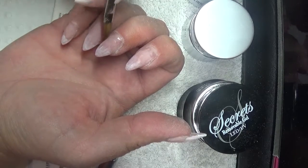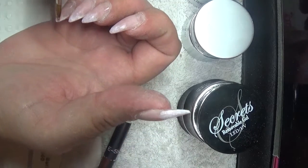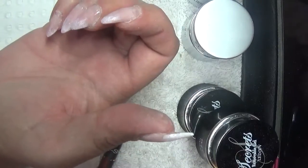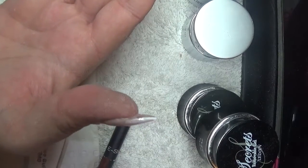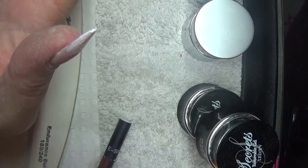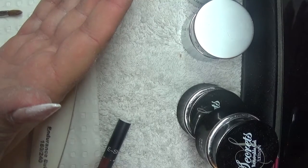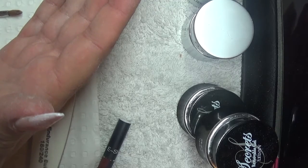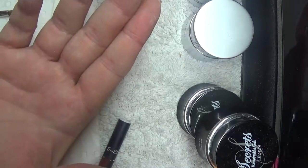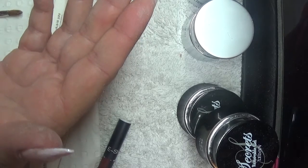And the same here, I'm just going to go and just lightly take off the bulk. Then again, I'm going to grab that little bit there. I'm just going to wipe off the excess. There's a lot of excess. And I'm just going to come around and I'm going to cap the free edge, and I'll clean that up. Cap the free edge, wipe my brush off,